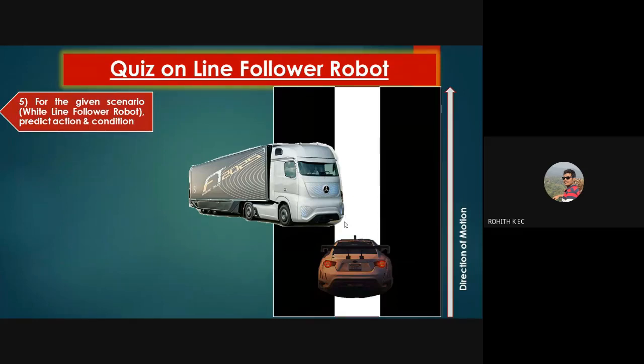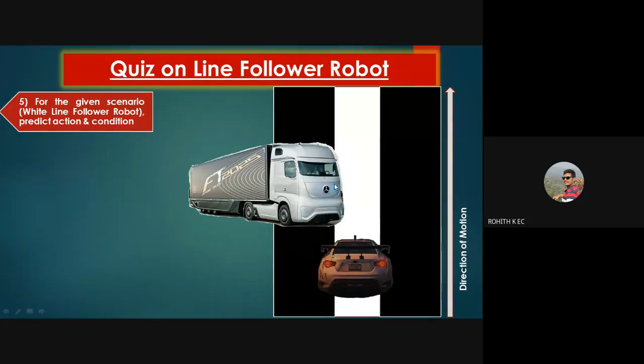Say yes or no. Many of you are giving the right answers. Jeevan, Kulsum, Sneha, Karthik, that's right. My center IR proximity sensor will not detect any obstacle. Thus, I will think that there is no obstacle and I may give the command to my car to move forward. When this happens, it will collide with the truck and we will have damage.